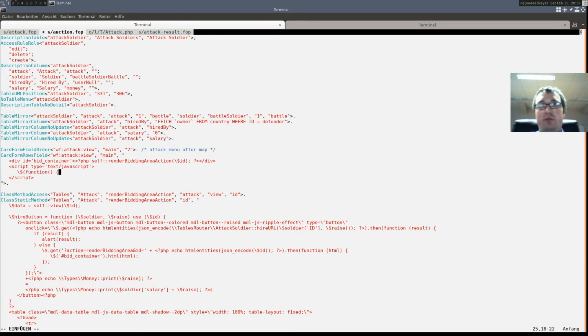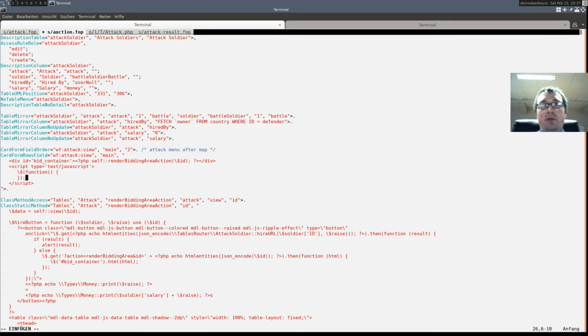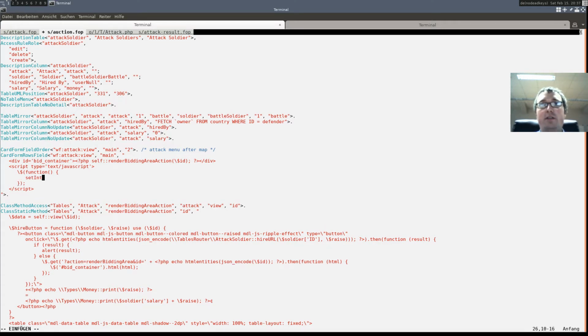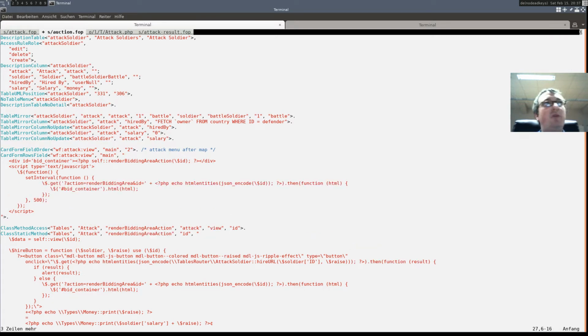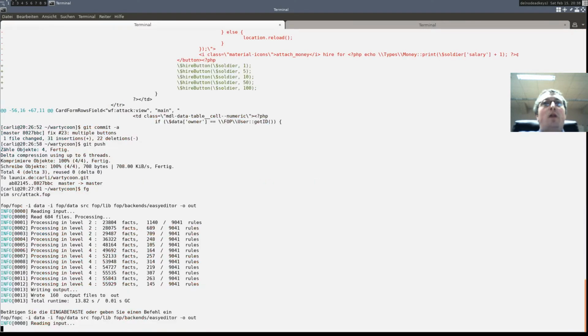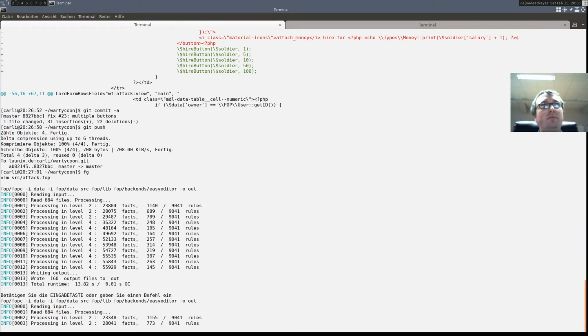So on body load, do the following: set interval function something to like 500 milliseconds, so 2 times per second, or let's say 1 second, so 1000 milliseconds. $get render bidding area, and if the HTML is there, bid container update. Let's build the whole thing.